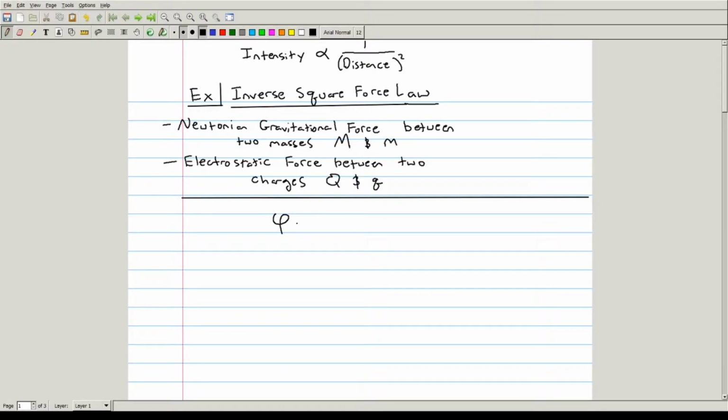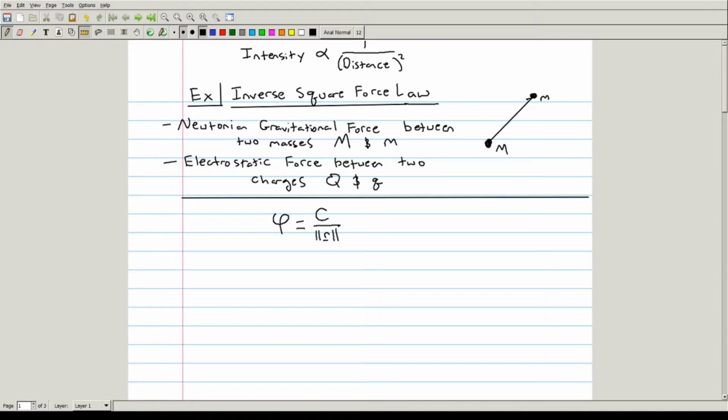This scalar potential function is equal to some constant c divided by the distance between the two objects. R is the position vector. The potential is just c over the distance between those two objects. So in the example of the gravitational force, if this is mass M and this is mass m, small lowercase m,